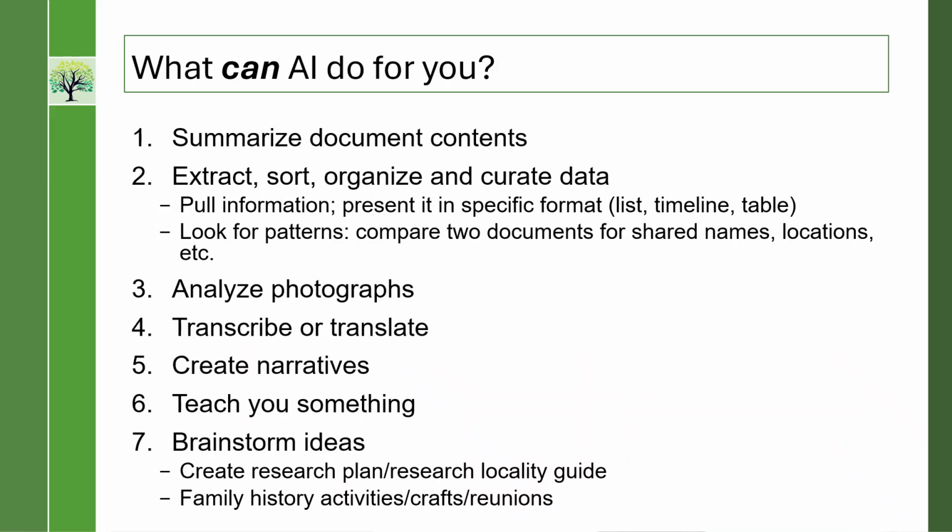Now, some of the things that AI can do very, very well for us as family historians. It can summarize documents. You can give it a document that you found, a will, a land document, any document that you locate that's 20 pages long. It can do a whole probate file if you want to, or a military record, and it can summarize that for you and give you the pertinent information so that you don't have to transcribe those 20 pages yourself. It can do transcriptions. It can extract data. You can give it a census page and tell it to extract what you're looking for.